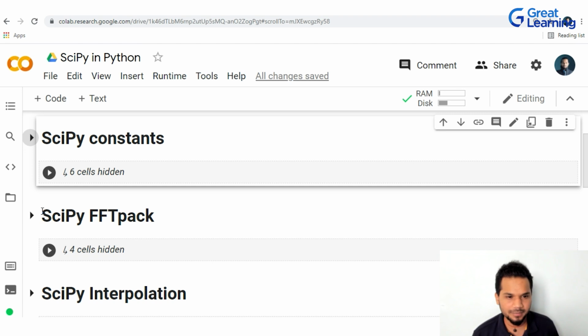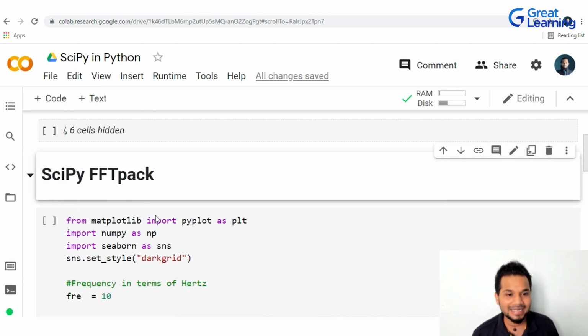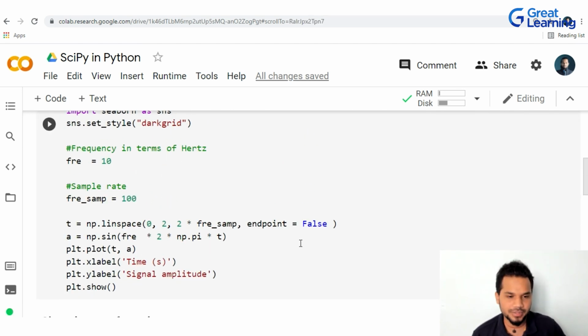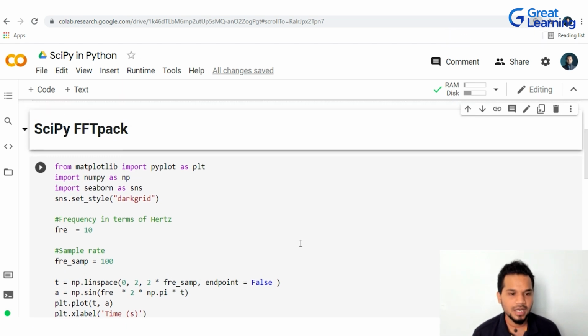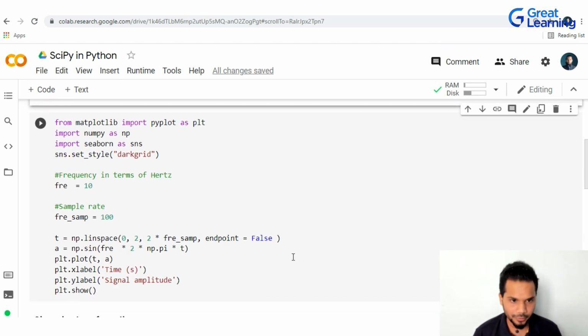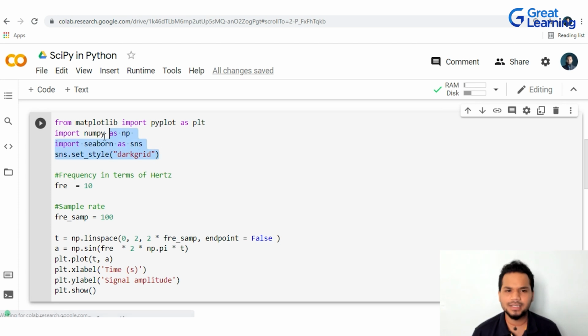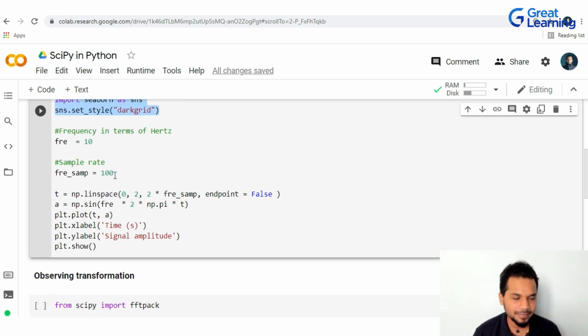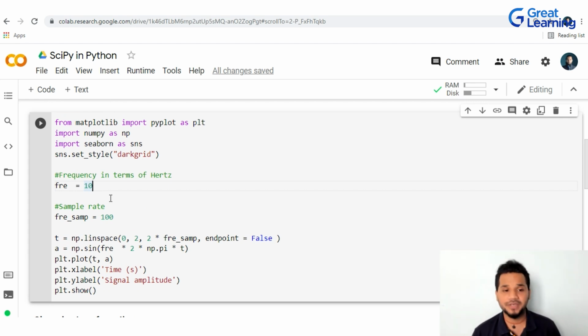Now, let me quickly open up FFTPack here, and in FFTPack, we have one or two demos, right? Let me zoom out a little so we can see the entire demo at one point of time. As you can see, starting, it's all just us importing libraries, and then as I told you, we're going to be converting spatial data into frequency data, so you're going to have to have some frequency. And what is the unit for frequency? Hertz, right? The sine wave power that you get in your house is either 50 hertz or 60 hertz depending on where you live, right?